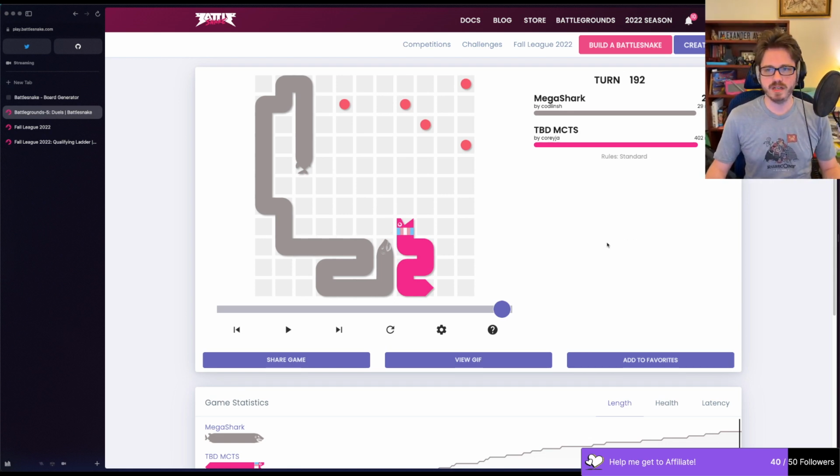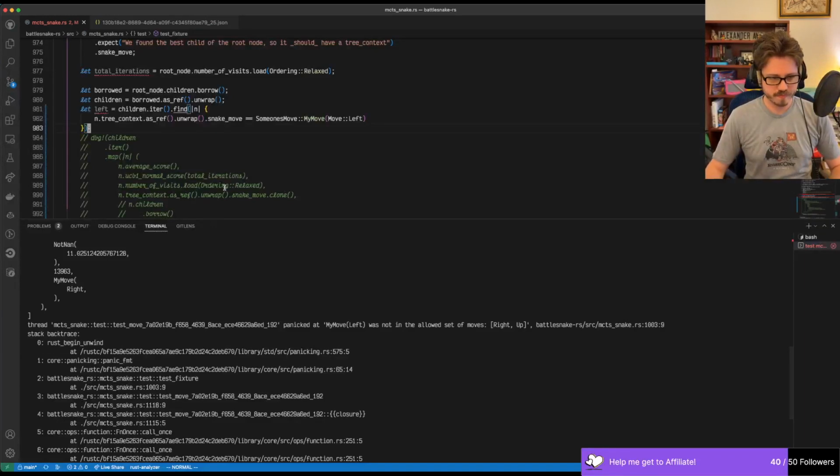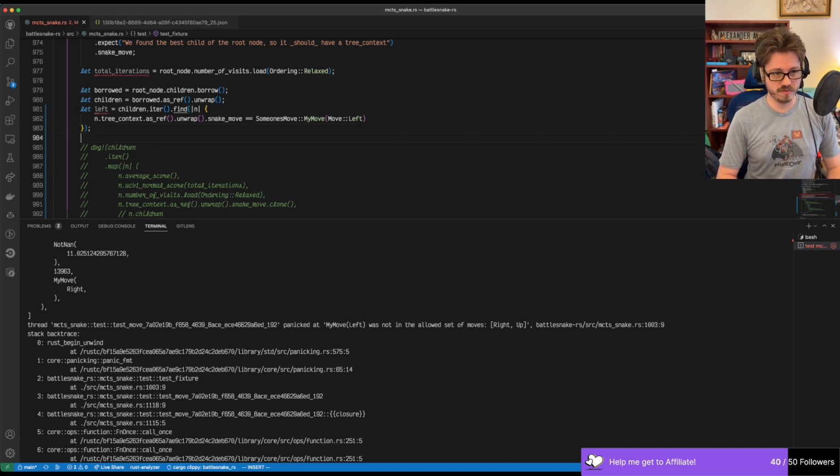Okay. So this is the move we're looking at. I'm trying to pull apart things a little bit. In a minute, I'm actually going to probably run my simulator and make sure that it's doing what I think it should here. But the other thing I want to do is see, for the left move, what the children of this are. So left children